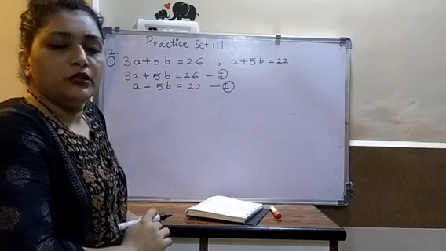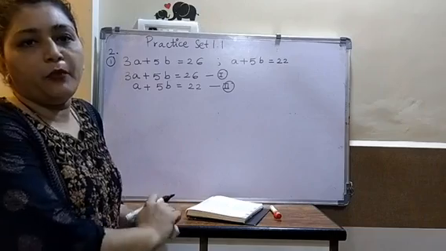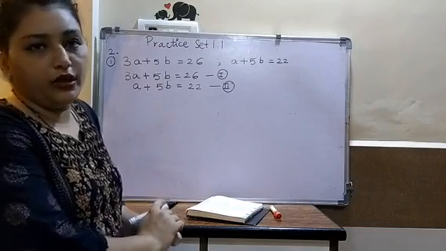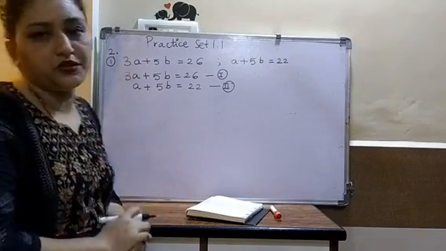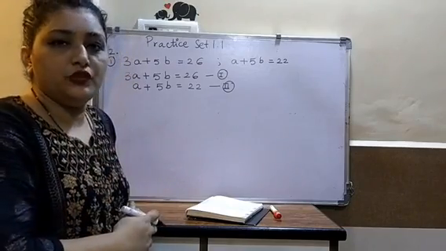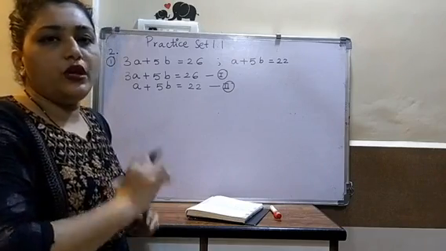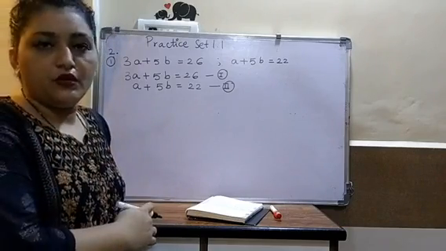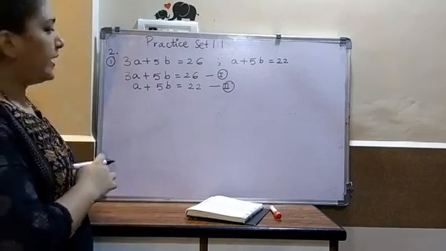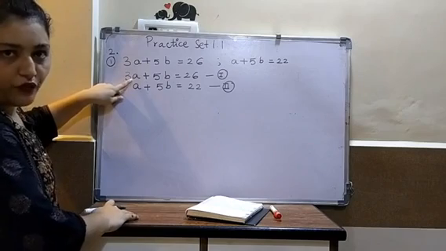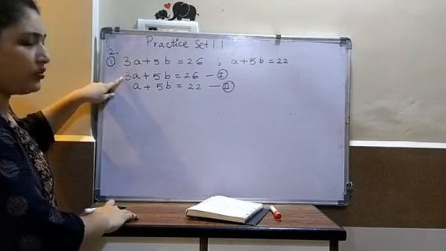This is the very common starting point: you number your equations. So I have numbered my equations. Now I will start my procedure. What is my first step? My first step is to equate the coefficients. So first I will tell you the coefficients of a which are present here are 3.